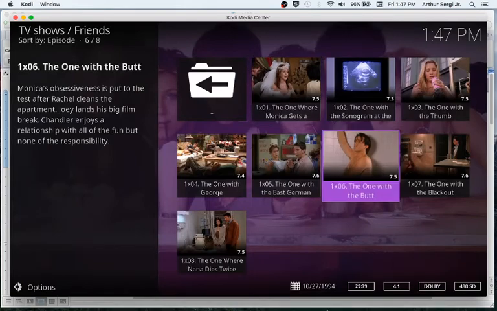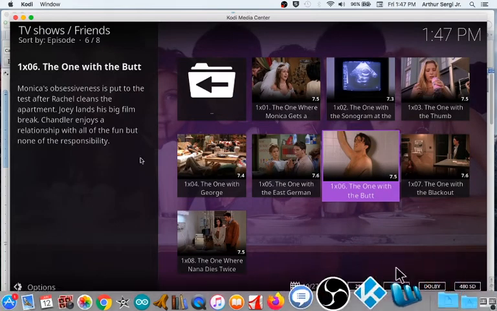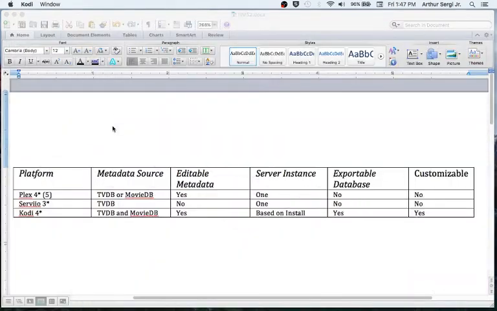So you could do it. The bottom line there is that your metadata sources can be picked up from multiple locations when you're dealing with TV shows. You notice for a movie, it was just one, movie database and IMDb, but that's also a movie database. Is the metadata editable? Yes, it is. To a point, you can edit pretty much everything except the actors and so forth, which are linked to the metadata from